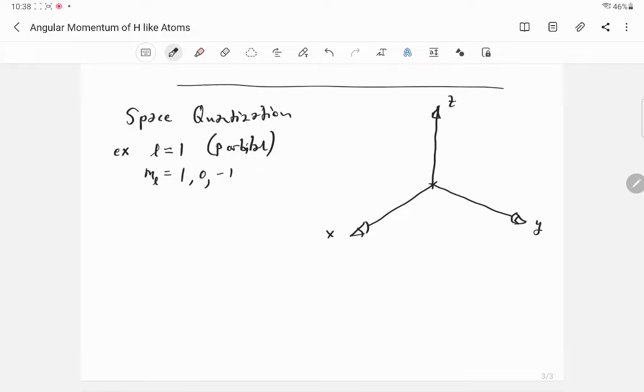So L equals 1. This means that the magnitude of L, right, is the square root of 2 h bar. That's what that means. And m sub L means that L sub z can either be negative h bar, 0, or h bar, right? And if you recall, square root of 2,